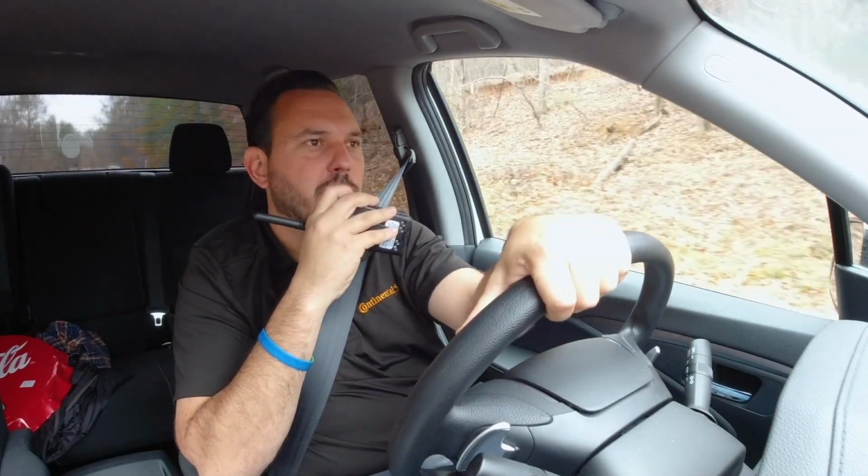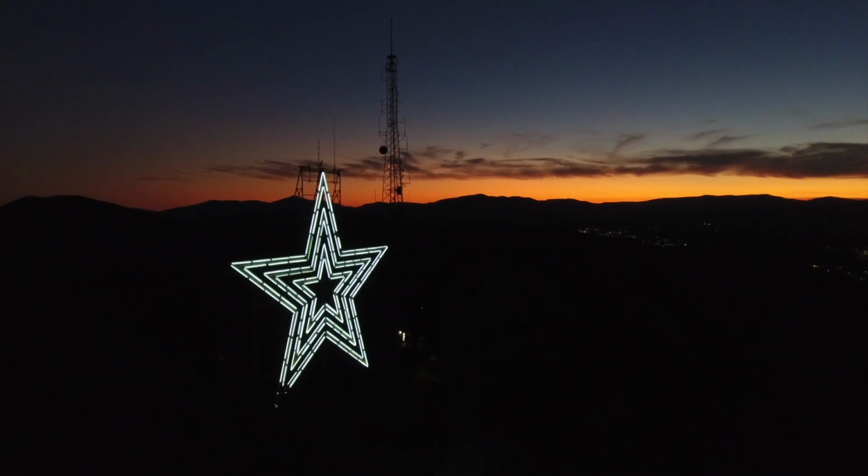So we got into Roanoke pretty late last night after a great visit to Duncan Imports. But man, how cool is what Gary's got going on over there? Isn't it amazing? I love Duncan Imports. And then when you come into Roanoke and you see that gorgeous Mill Mountain Star up on the hill, isn't